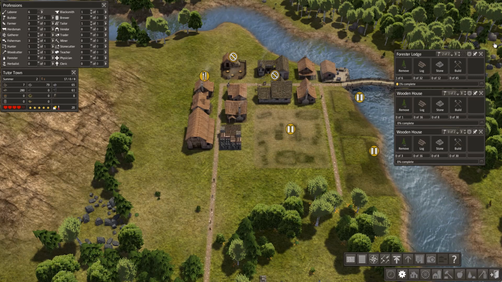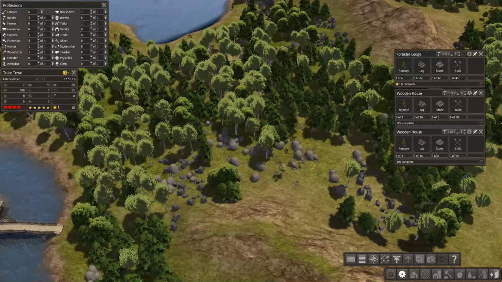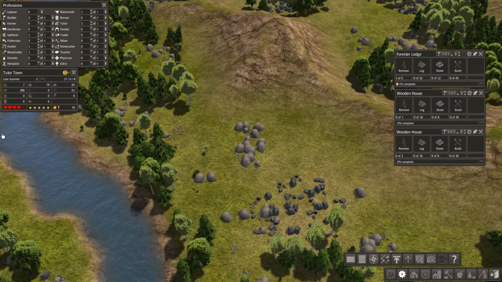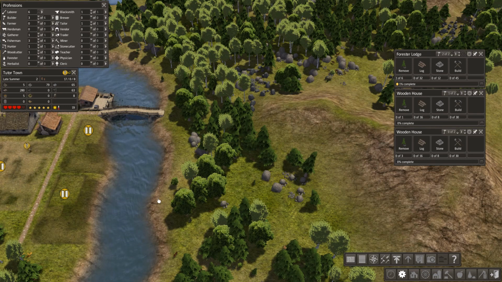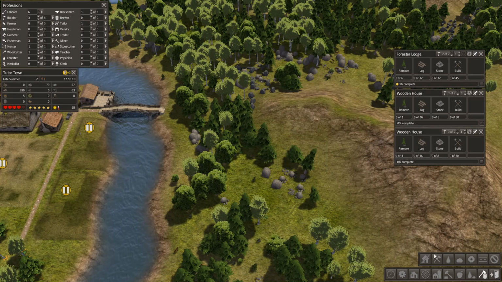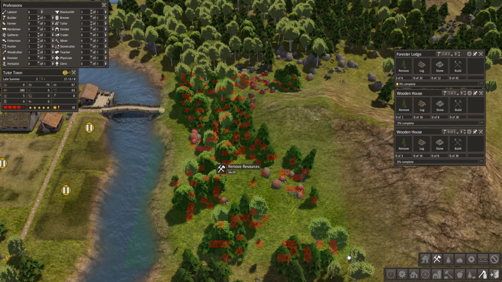So we need to start thinking about farming, and we need to think, where are we going to place our farms? And we need quite a bit of land for farming, and I'm thinking the other side of the river may well be a good place for it. So if we begin by clearing this area out, we'll go to the clearance tools, and if we start with that little tree there and we remove everything down to about there,